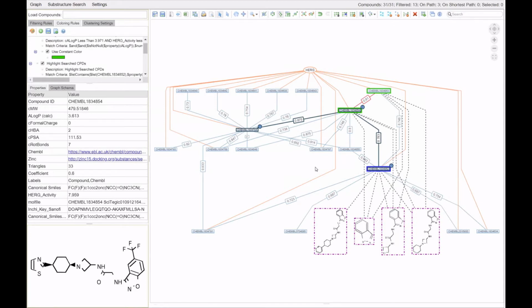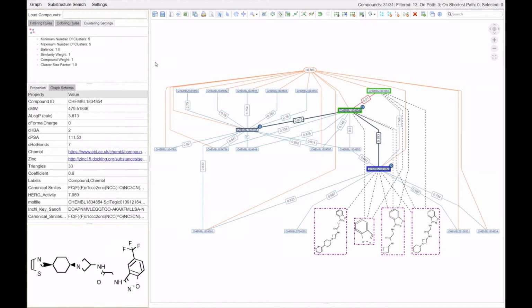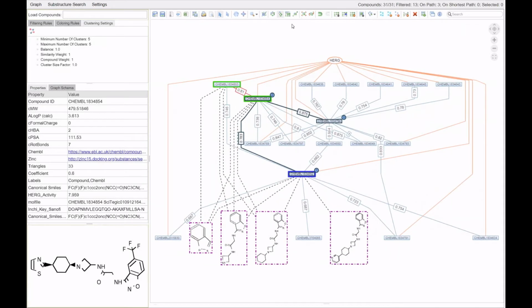For now, another interesting option is clustering. Let's say we want to cluster all these compounds that are in our graph and cluster them in exactly 5 clusters. And for the compound weight, we choose the triangles that we calculated. That's a clustering algorithm provided by Neo4j. So we click on apply,